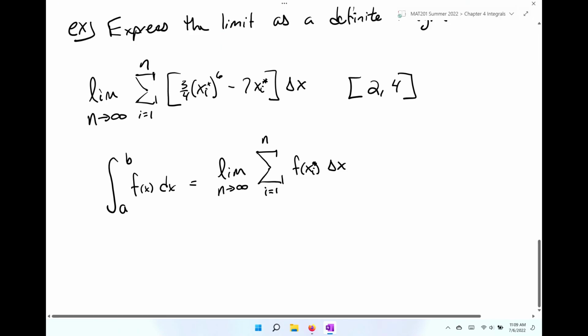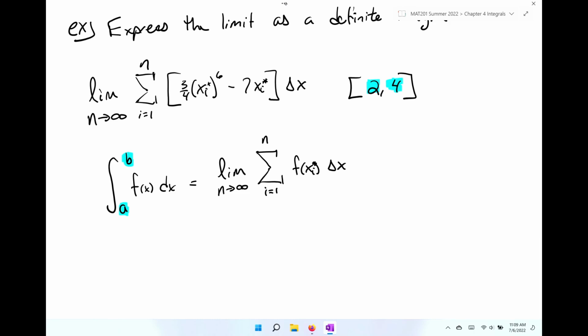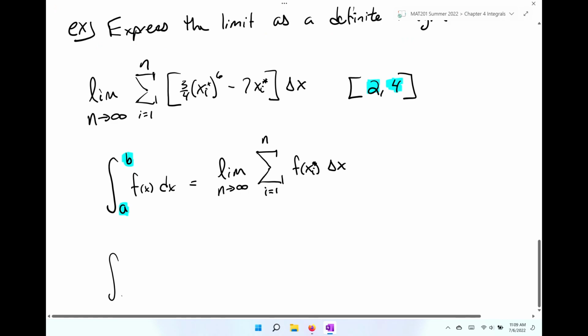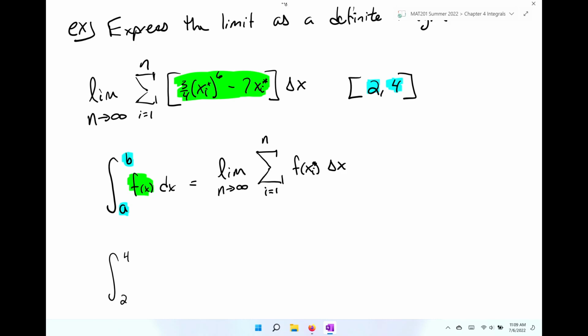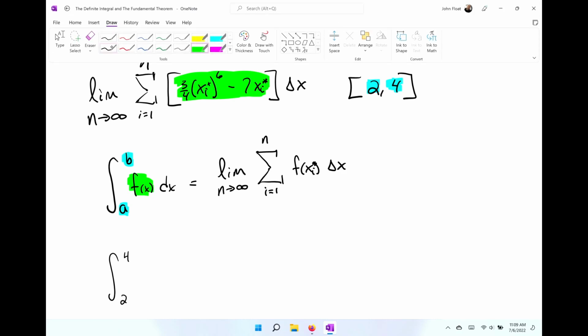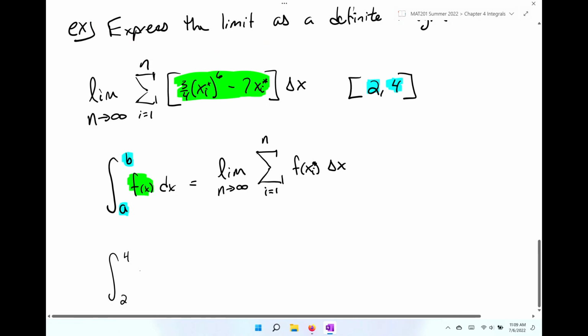First, we need our limits of integration. So our limits of integration are the upper and lower bounds a and b. They're right here. That's the interval. I'm starting at 2 and I'm going to 4. So directly underneath, I'm going to write 2 to 4. Now, f of x is the actual function itself, which is right here in green. So f of x is going to be 3 over 4 x to the 6th minus